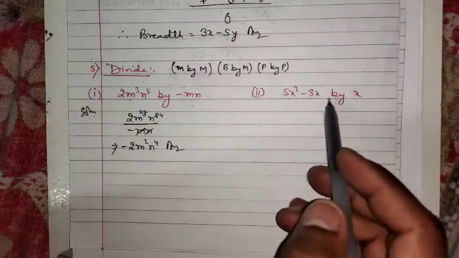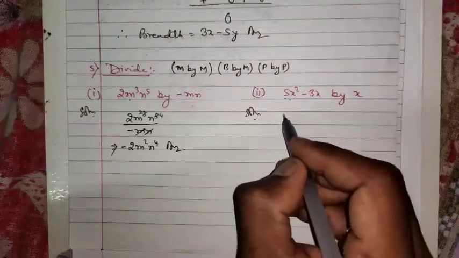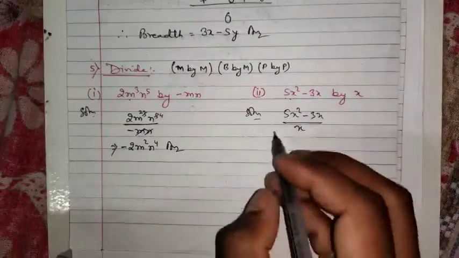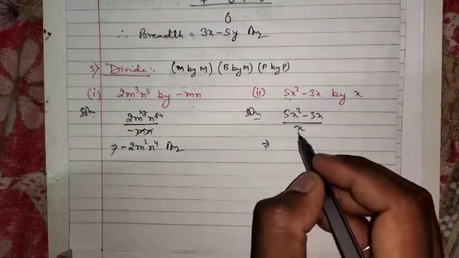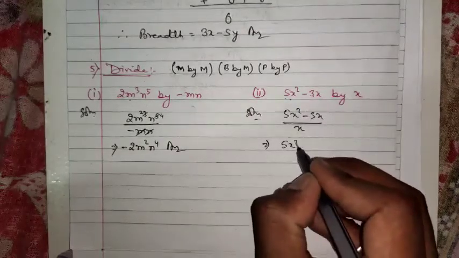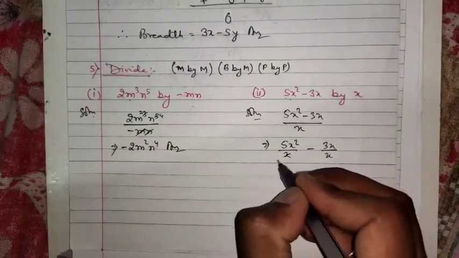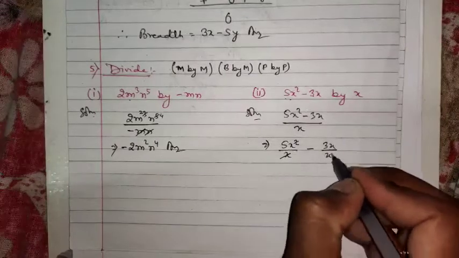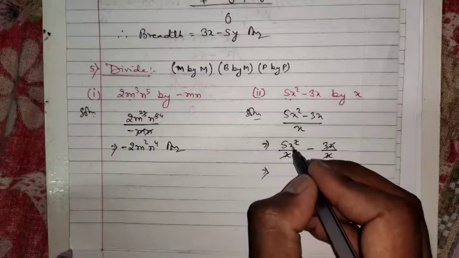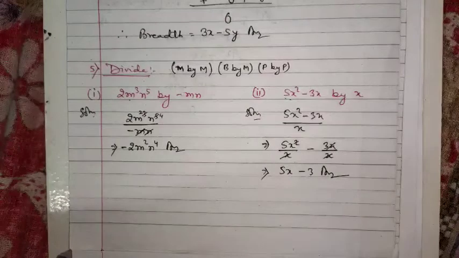Let us see one more question, that is binomial divided by monomial. We will set it again. 5x square minus 3x divided by x. Now what next step we have done, this x will be distributed to both terms of the numerator. In the next step it will be 5x square by x minus 3x by x. This x, here 1x will be cancelled, this x cancelled. Here 2x was there. After reducing, 1x is remaining, it will become 5x minus 3. This will be our answer.